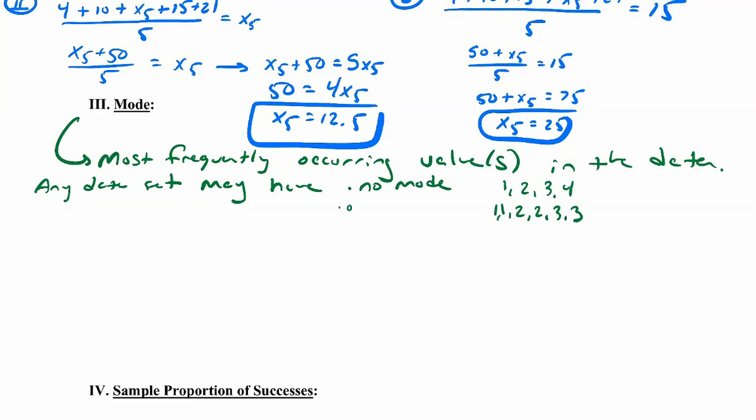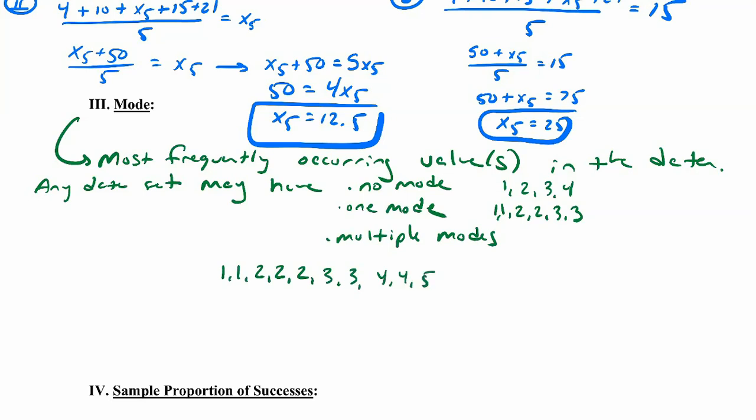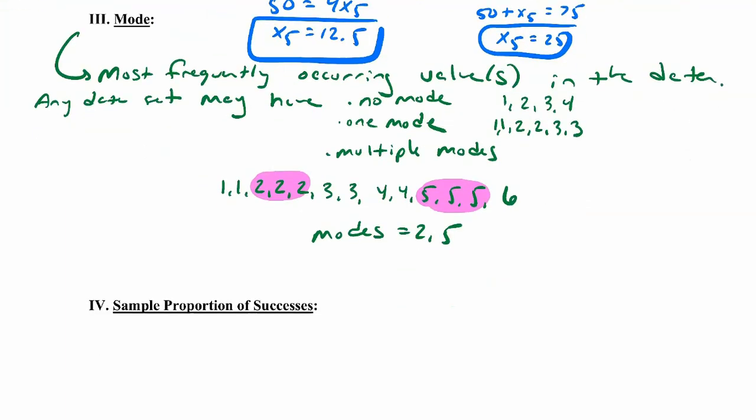You might have one mode if one value shows up the most. You could have multiple modes. Okay, if I have a data set like 1, 1, 2, 2, 2, 3, 3, 4, 4, 5, 5, 5, 6. Okay, the numbers that show up the most are 2 and 5. They show up 3 times each. Those would be the modes. Okay, the values that show up the most. All right, we don't do too much with that except to, again, look at peaks of graphs and sample proportion